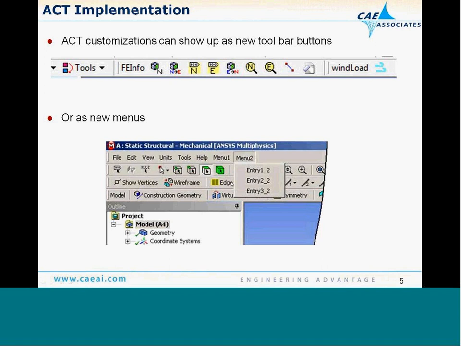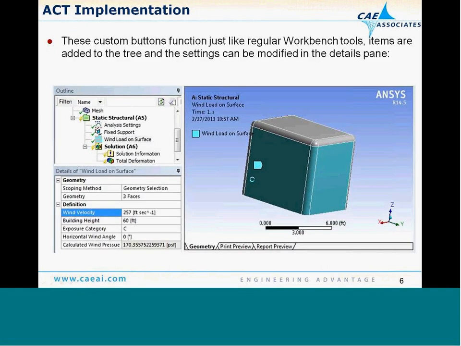We showed what the ACT extensions look like when they're installed. There's buttons on the toolbar. They could also be menus in the GUI. However you want to put that in, you can do either. But once the extension's installed, you click a button, and then that new feature gets inserted into the outline tree